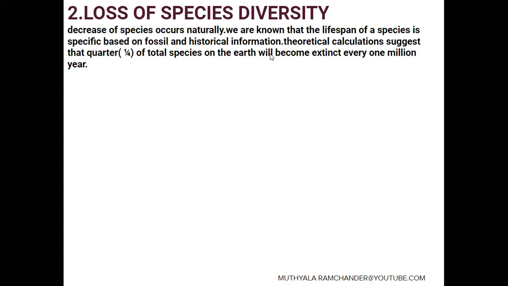Every 1 million years, a quarter of the total species are extinct. Generally, the species decrease occurs naturally, based on the lifespan. The causes of the loss of species diversity: the first one is